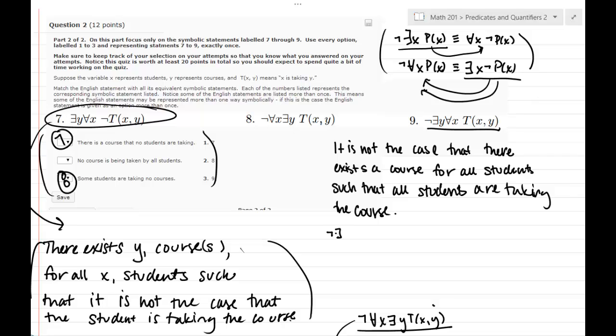So if I negate a there exists, it becomes a for all. And then I push that negation into the next part, moving left to right. Negate a for all, it becomes a there exists. So for all courses, there exists a student